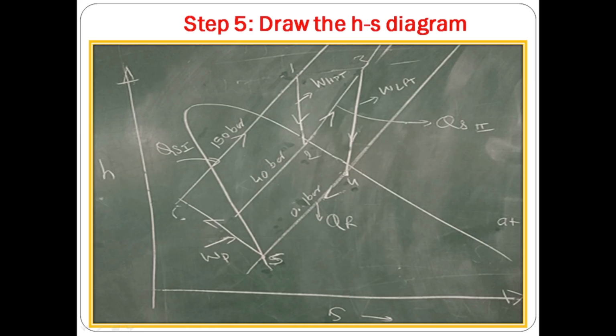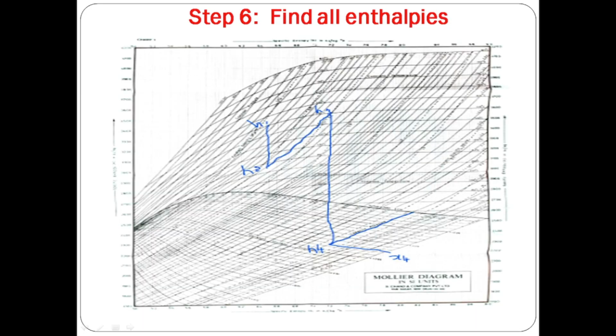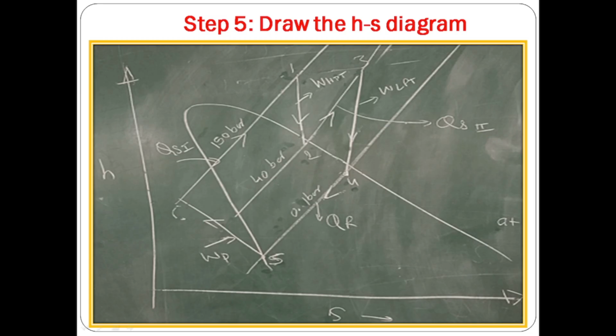Once you draw this HS diagram, refer to it to find all the enthalpies. We can get enthalpies H1, H2, H3, H4 from the Mollier chart, H5 by using the steam table,